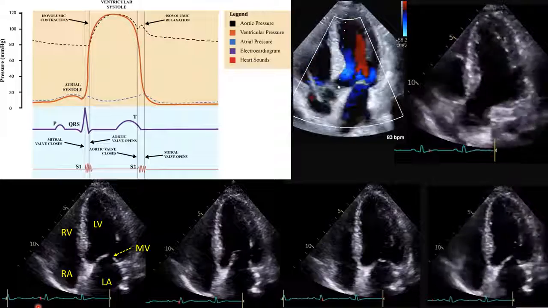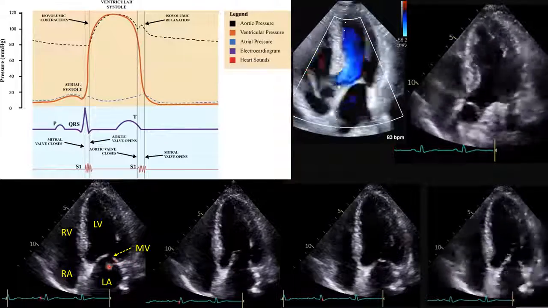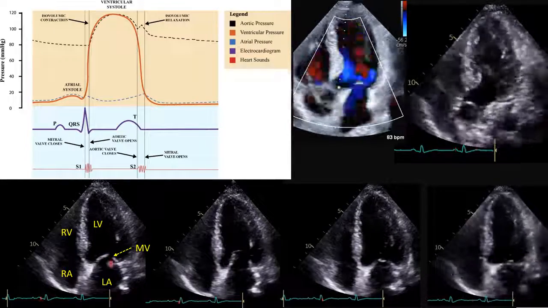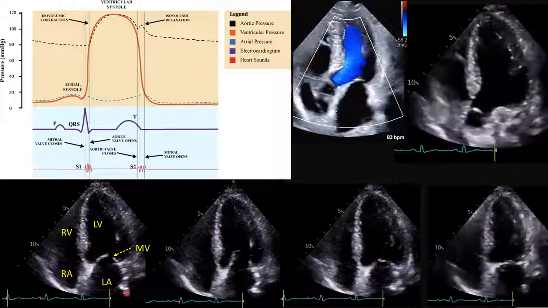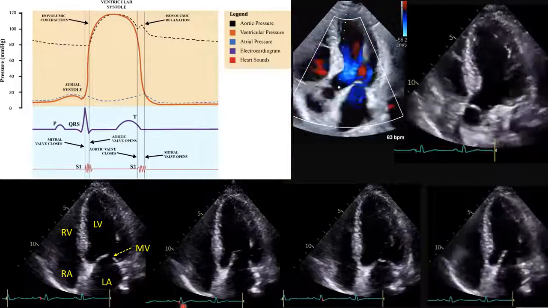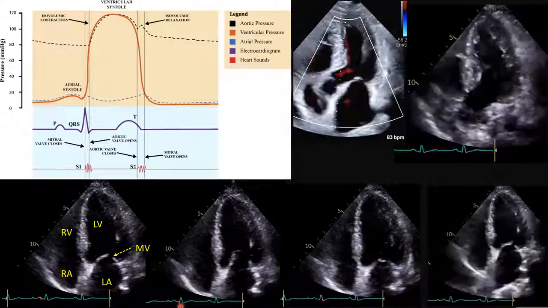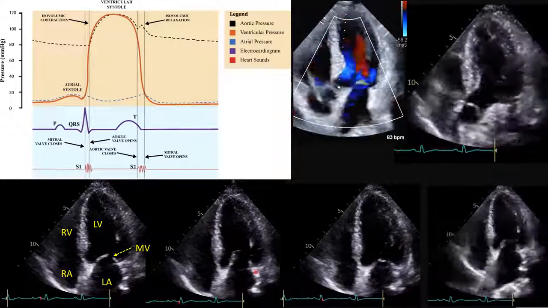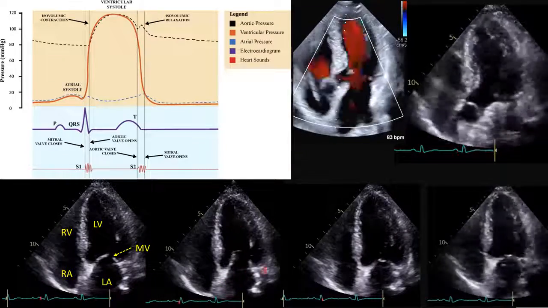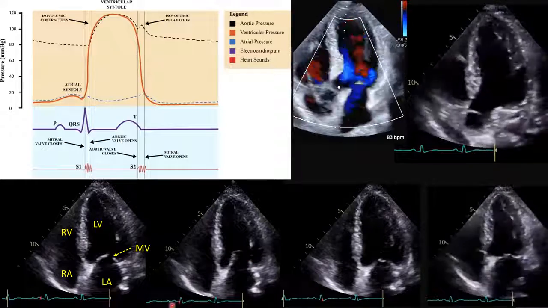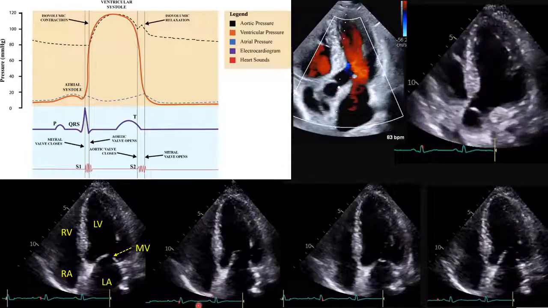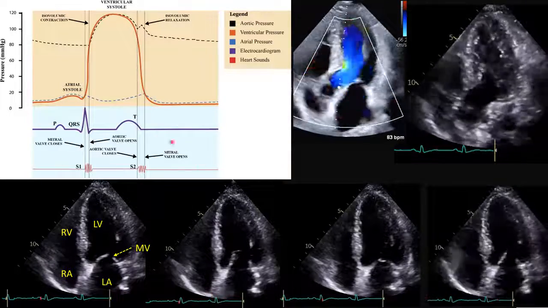At the end of the P wave, as you can see, the mitral valve is partially open when the left atrium starts contracting. Here you can see it corresponds with the end of the PR segment. The contraction of the left atrium pushes the blood toward the left ventricle and the mitral valve opens. As you can see, exactly that red dot corresponds to the timing of the EKG. And when the